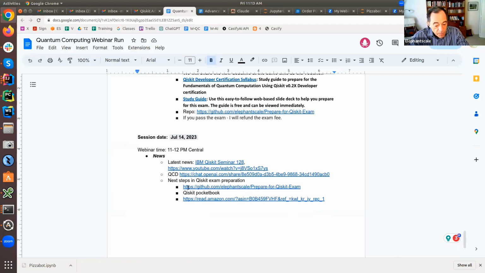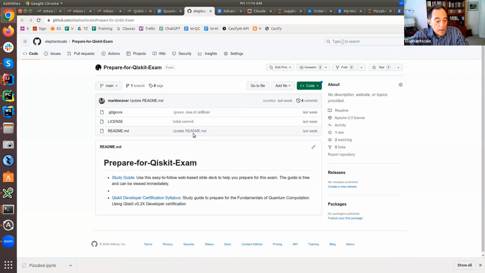Now, I have already prepared a repository right here. So let me open that repository. Okay. That repository right now just has the documentation, but it's great documentation. It turns out that there's a study guide and there is a certification syllabus. Okay, and then there will be code labs, but that's next time. So if we look at the study guide,